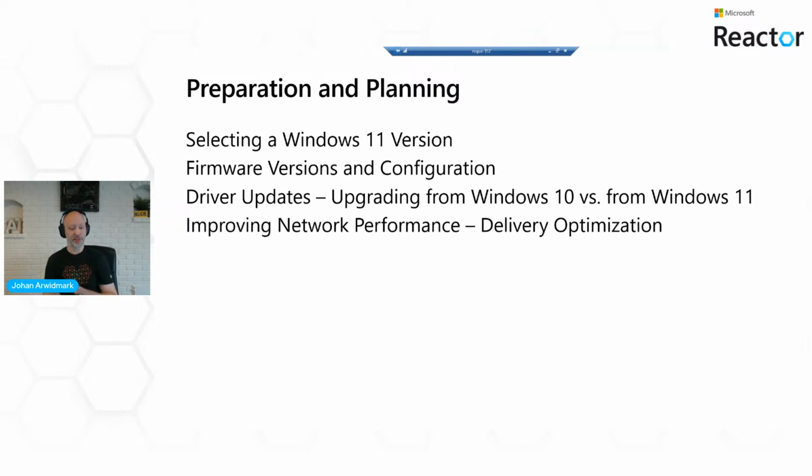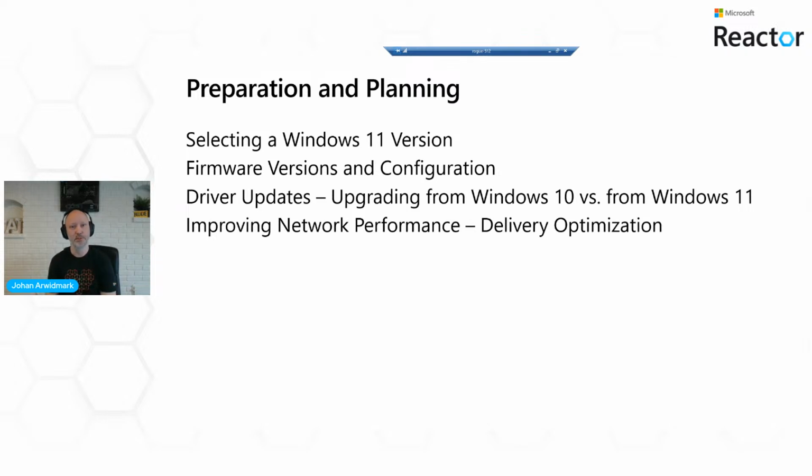Also, content is coming down. When you do these full in-place upgrades driven by Intune, we are talking about 4 gig, 5 gig of content that has to come down to the devices. If you have a single device, well, that's one thing. But you have an office with a couple of hundred devices, you can definitely leverage peering capabilities built into the